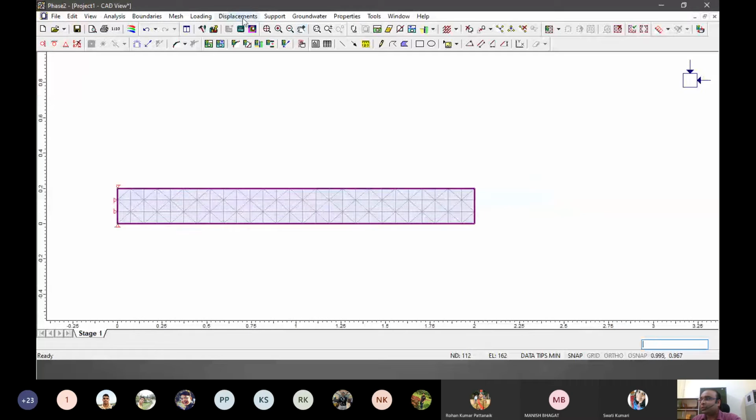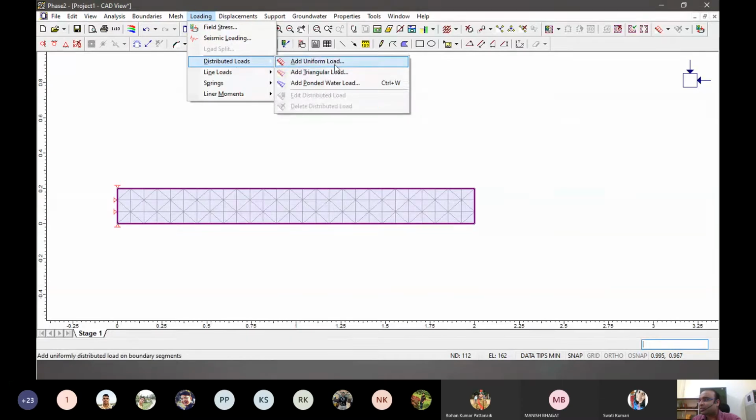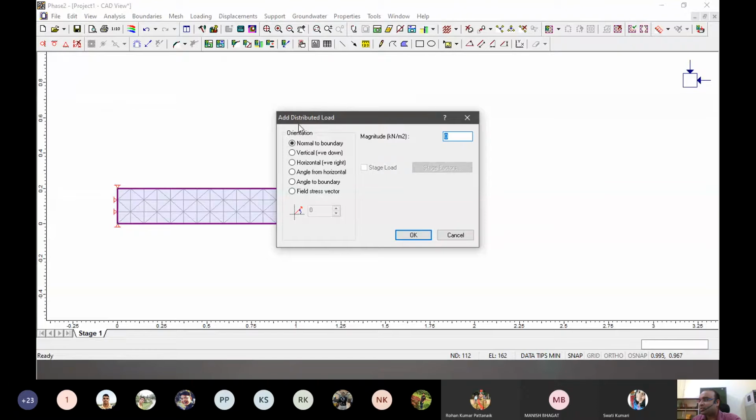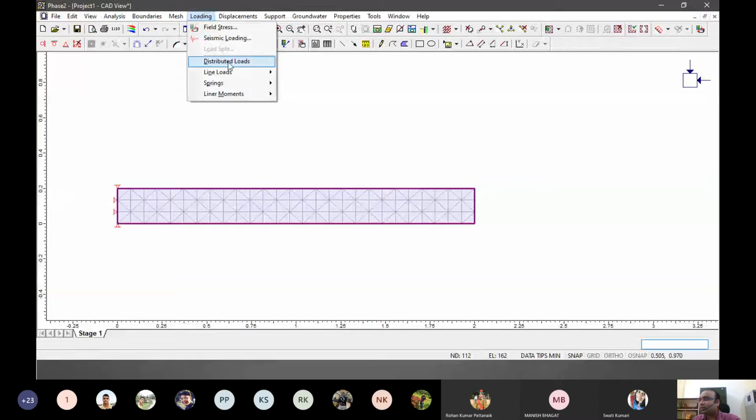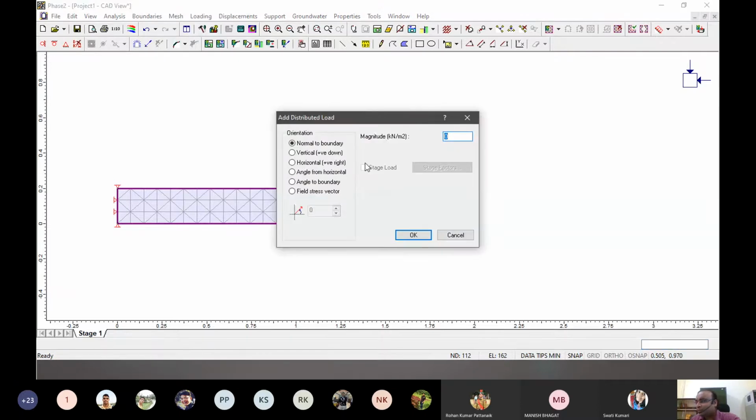I'll show you how. Let's add a distributed load first. If we add a distributed load, we had two options, right? A square load or a triangular load. A triangular load will be like a graded load starting from 0 at one point and maximizing at the other end. That can be the way we do it. Otherwise, we generally go for a regular, uniform load. And in this way, we go for this.